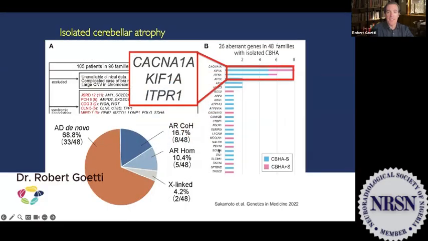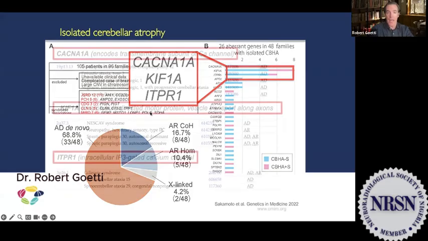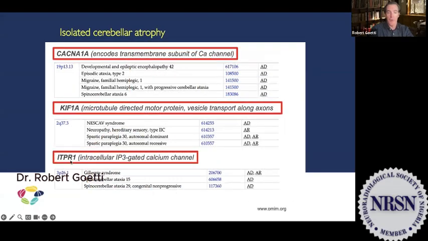What's interesting to see is that the three most common genes for isolated cerebellar atrophy in this series were CACNA1A, KIF1A, and ITPR1. CACNA1A and ITPR1 are both calcium channels, and KIF1A is a microtubule-directed motor protein. The reason I'm showing this a little bit busy slide is that for all of these different genes, there are